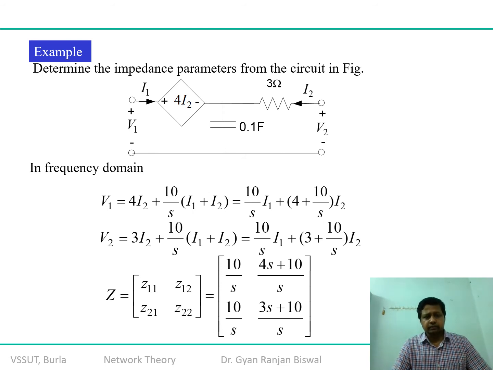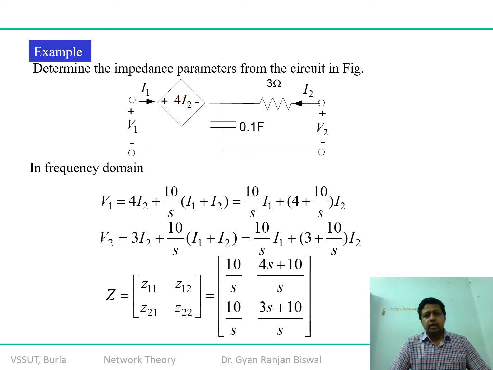So in that way we have interpreted over here, and we got 1 by S. Okay, so it is 1 by S of 0.1, so you are getting 10 by S of I1, and the same thing you are getting for I2. That is because in this case, remember, you are keeping your output terminal open, so I2 is equal to 0. So you are getting one equation here, and when you write down the other equation from the terminal V2 by I1, again you are getting the same contribution of 10 by S of I1 plus I2 and 3 of I2. So these are the two mesh equations you got.